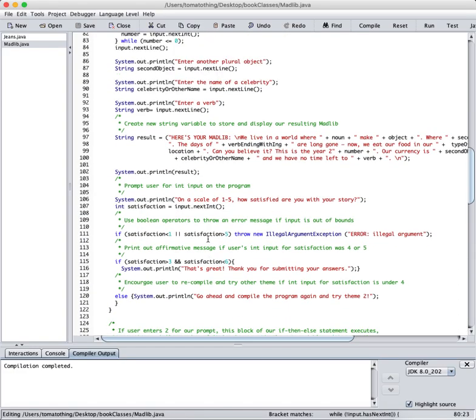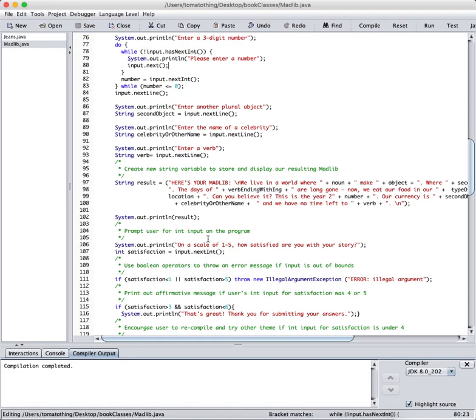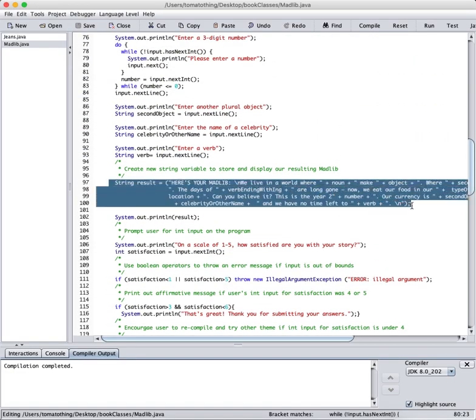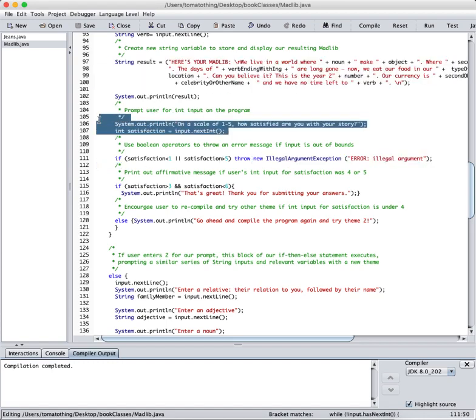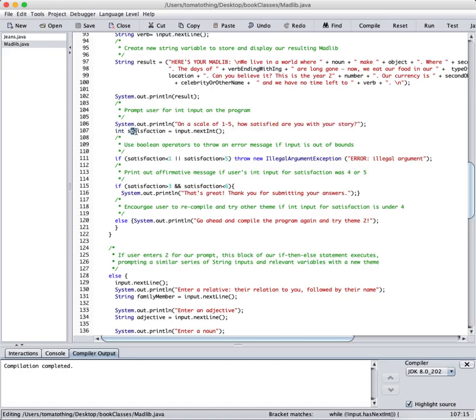So once I have all my variables, as I said, I am displaying them in the result. I display the variable that I've created to store all the responses, and I simply display it. After that, I ask them to rate how satisfying their answer was. I store it in a satisfaction variable, and I ask them between 1 through 5 how satisfactory was it. If it is less than 1 or greater than 5, I throw